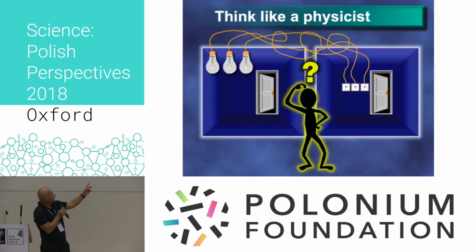The puzzle is like this. There's this guy in front of two rooms. In the first room on your right are three switches that you can see in position off. And in the room on the left are old-fashioned light bulbs. We know that there's a one-to-one correspondence between the switches and the light bulbs, but you don't know what it is. Now your task is to figure this out, and the rules of the game are this, that you can